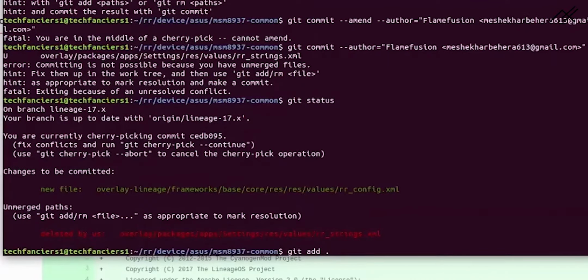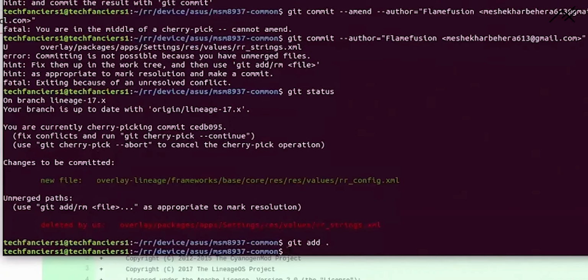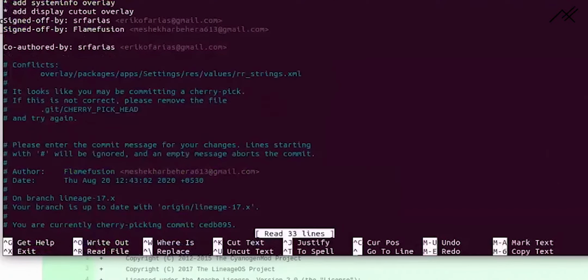So whichever changes, this point I totally forgot. Whichever point we are editing, first we need to add it in the commit list, and only after that can we commit. So I'm just adding with git add, and then I need to commit this one. I believe I need to enter or what. Okay, I need to give this one. Same command whichever he made, I need to save it now.